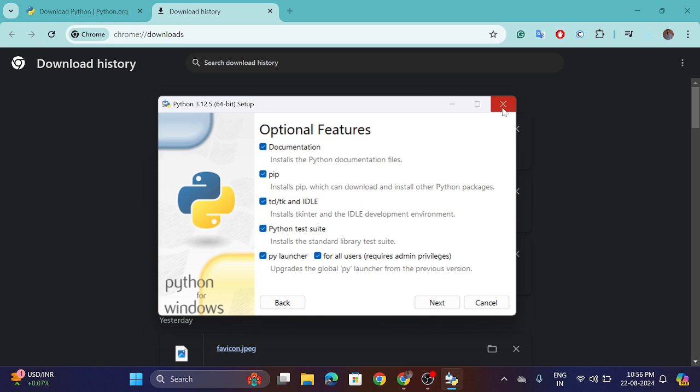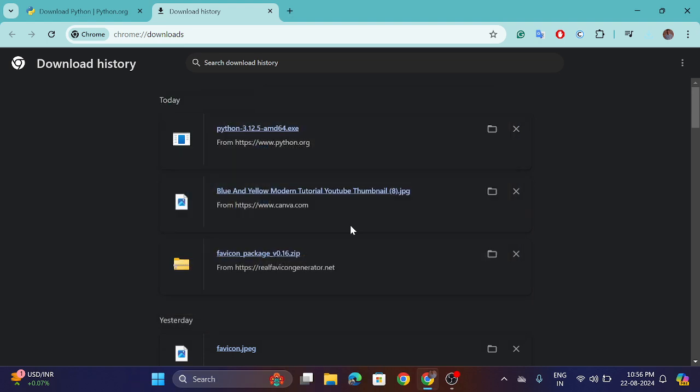In my case, I have already downloaded and installed it in my system, that's why I am not going to do this again. So you have to install this first. After installing,